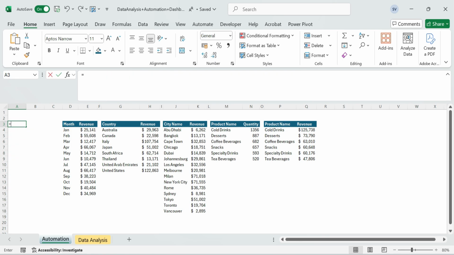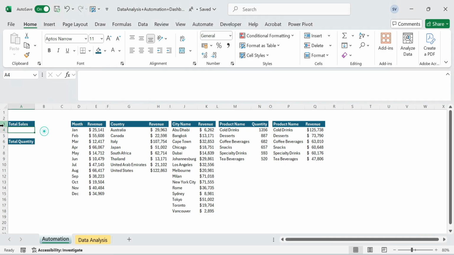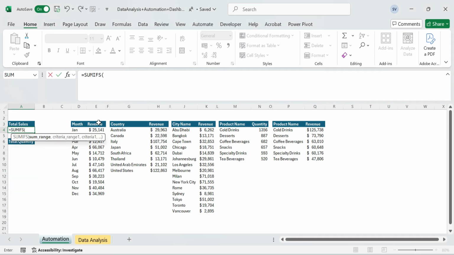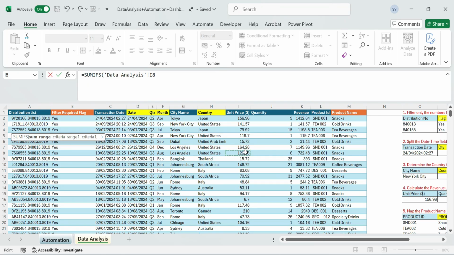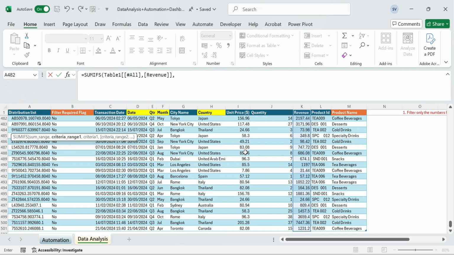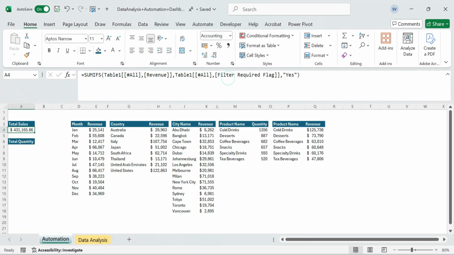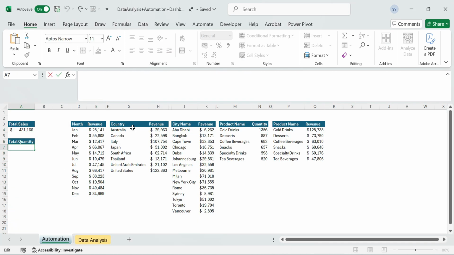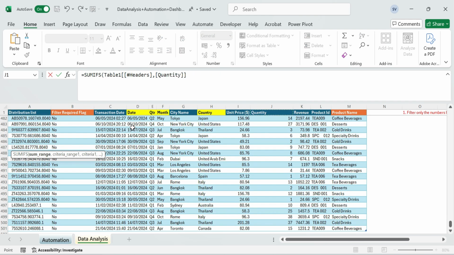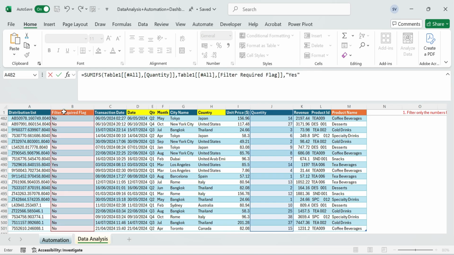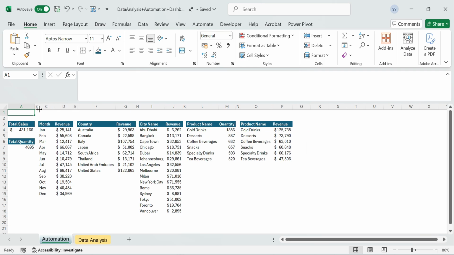Next, total revenue and quantity. Now, I want to calculate total revenue and total quantity. First, create headers: total sales and total quantity. Use the SUMIFS function. For total sales, sum range: revenue. Criteria range: flag column. Criteria: yes. Similarly, for total quantity, use the SUMIFS function. Sum range: quantity. Criteria range: flag column. Criteria: yes. Now, because we have built everything dynamically,